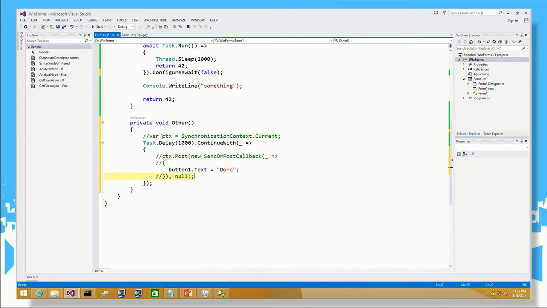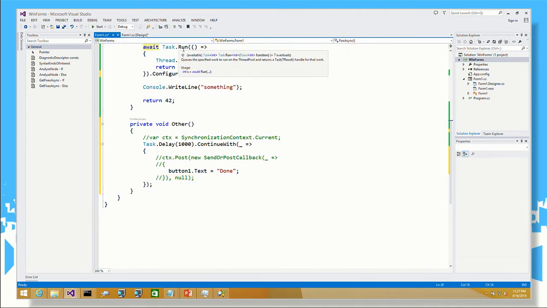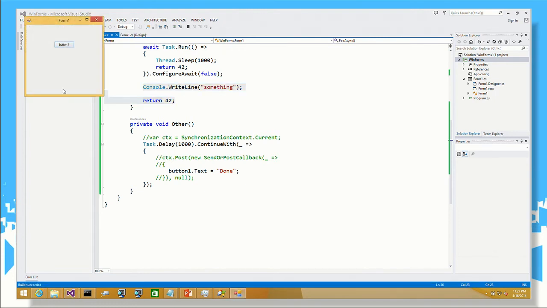It just does almost what you're seeing over there, configure await, not configure await, continue with whatever the user wrote as the last part or the next part of the async method, wherever that's running. So the rest of this method here, after the await, will just run where that task completed, which will be the thread pool. This stuff will run on the thread pool, 42 will be returned on the thread pool, the task will complete from the thread pool, the guy who's blocking will get unblocked because the thing that unblocked it was not scheduled onto the synchronization context. So if I do Ctrl F5 here and I click on the button, I'll be stuck for 1 second,